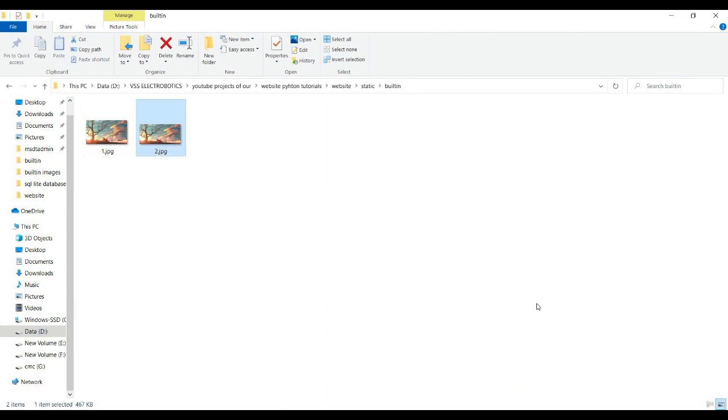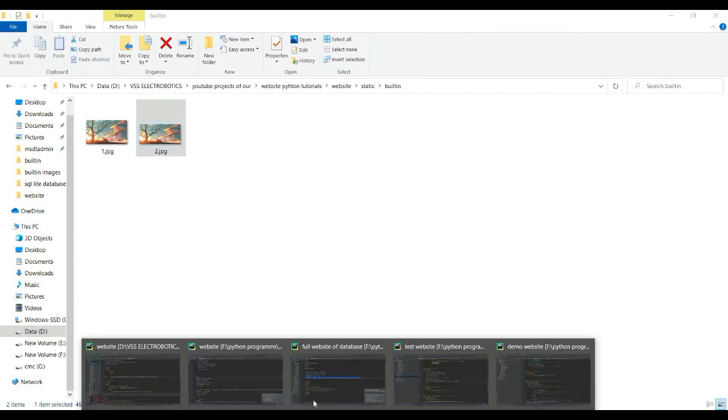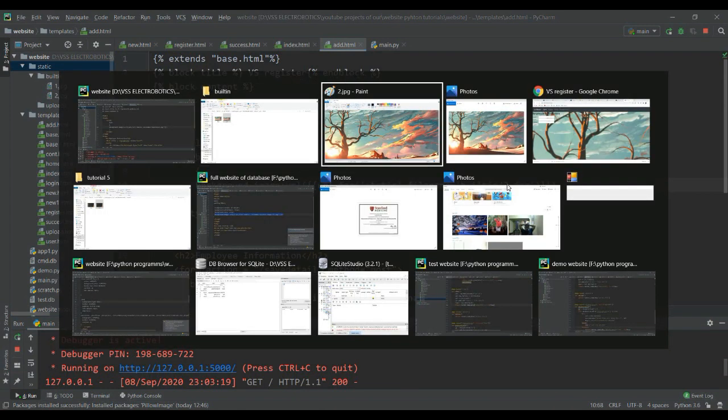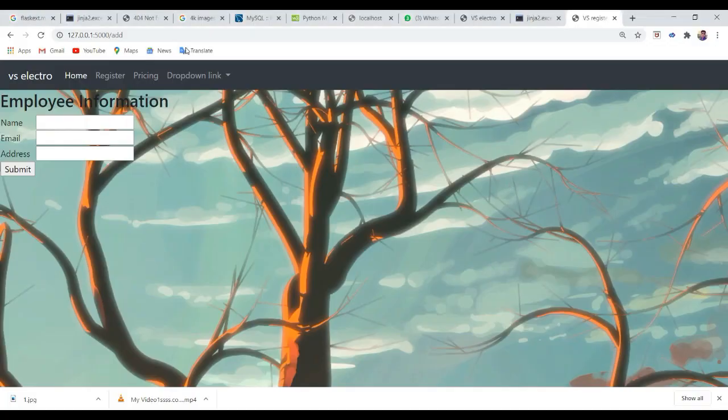Now let's go to the Python file, sorry for that, and look here, the 2 is added. So shall we change it to 2, and let's go back to our register page and reload that.